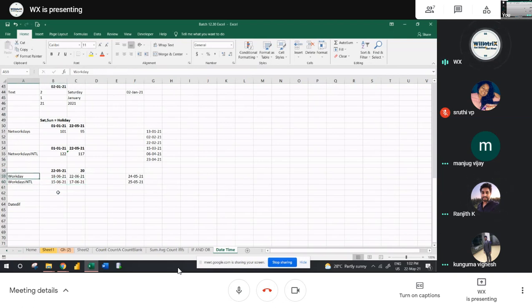The difference is that in WORKDAY, Saturday and Sunday are taken as leave by default, and in WORKDAY.INTL we get an option to select the weekend. Then what is the difference between NETWORKDAYS and WORKDAY? The NETWORKDAYS output will be in days, correct? The difference between 2 dates. But the WORKDAY output will be a date. Understood? Okay. If you are fine, then I will go on to the date functions. Any confusion with the above functions?